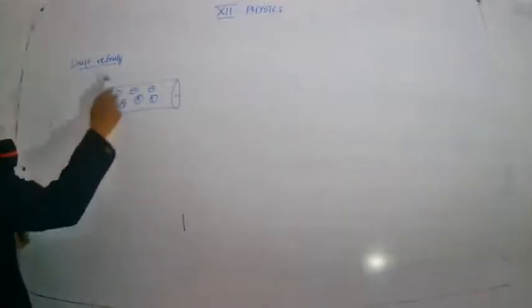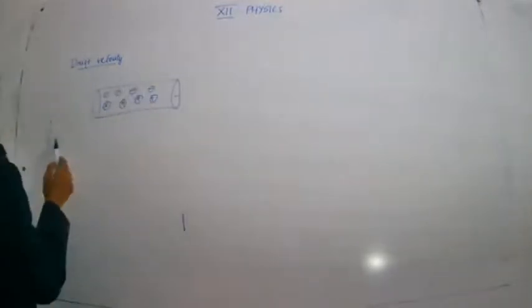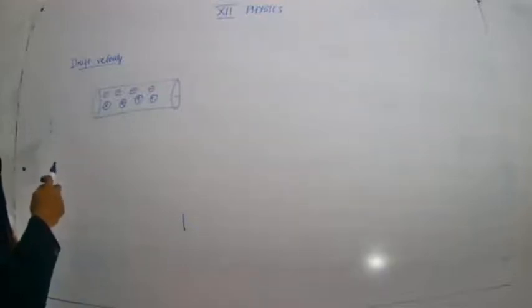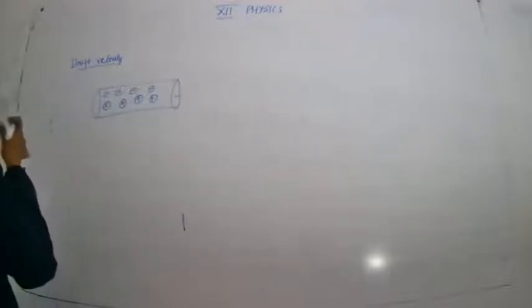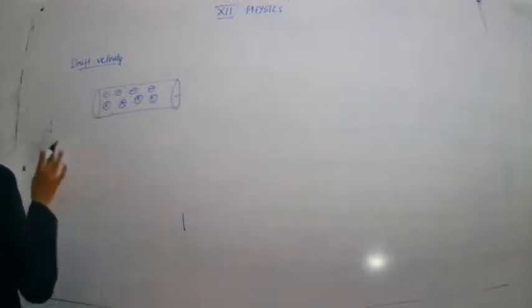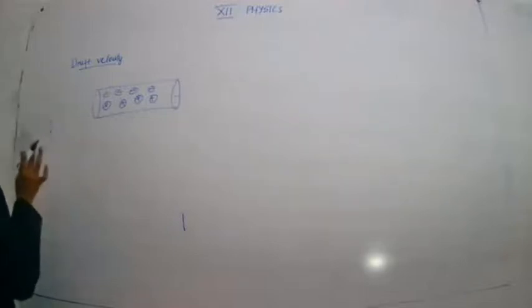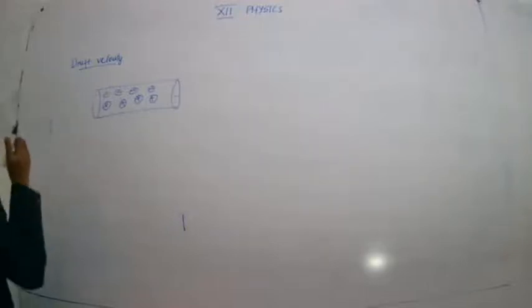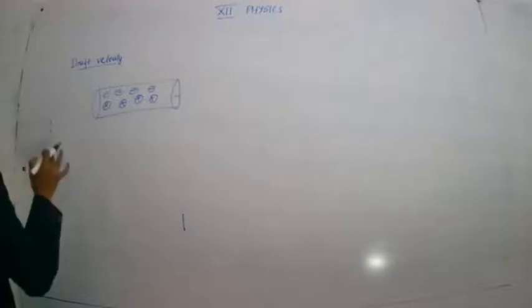Consider a conductor. Here the electrons are moving in a free manner, here and there, in a random manner. No control is there. In a conductor, the free electrons move here and there because there is no electric field applied, so there is no net flow and no current. The free electrons are moving in a random direction.